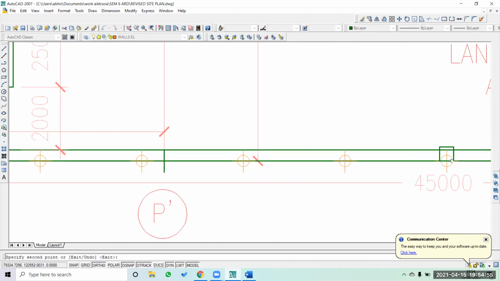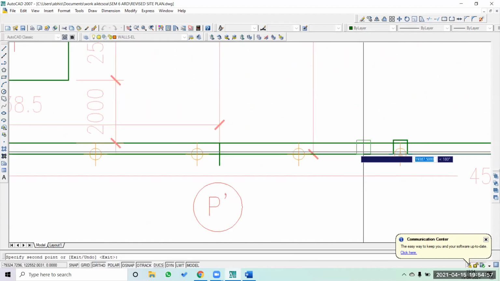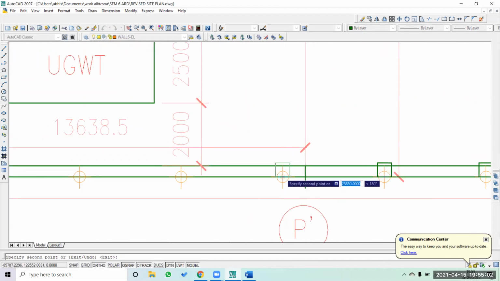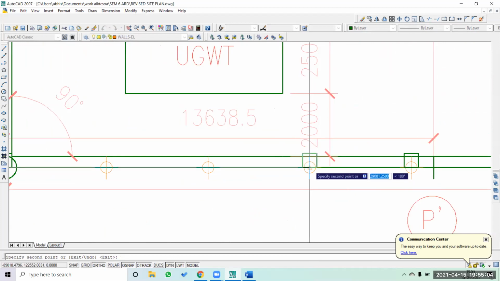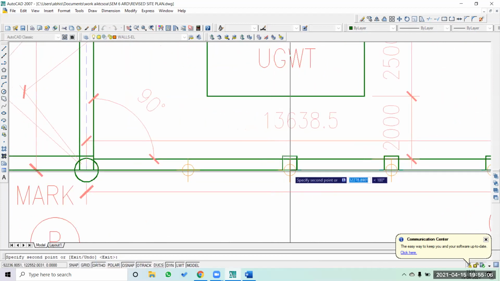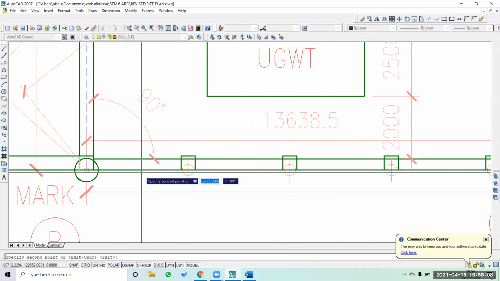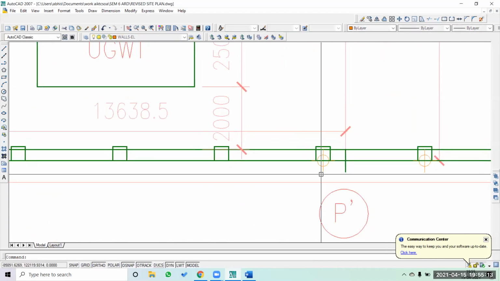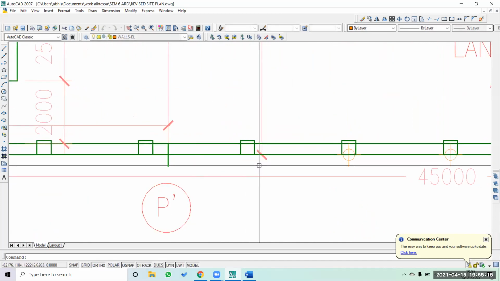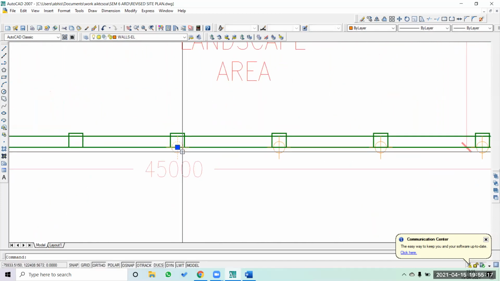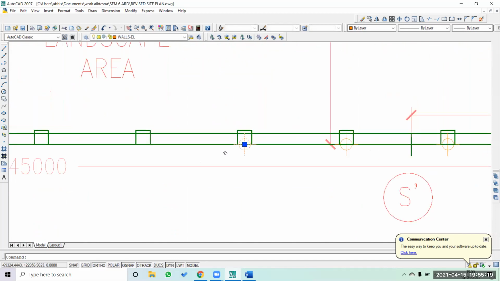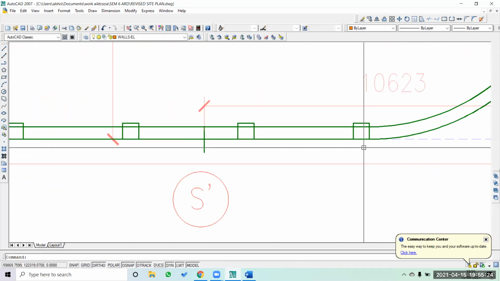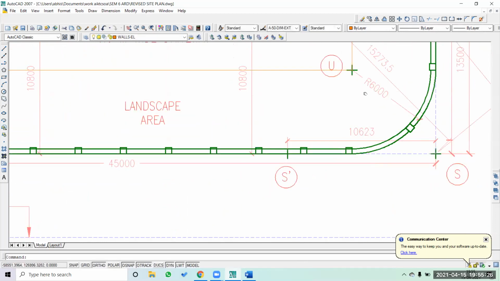The command which I'm using for the division is typing div, enter, then selecting the line which is supposed to be divided. Then I mention the number by which the whole line will get divided, and automatically all these points come up here.